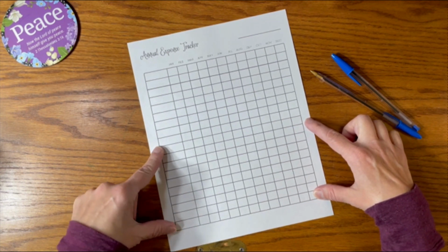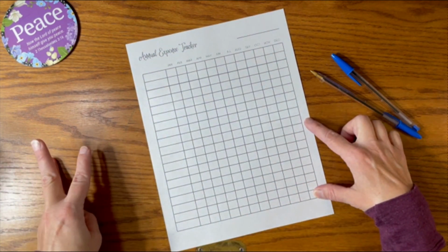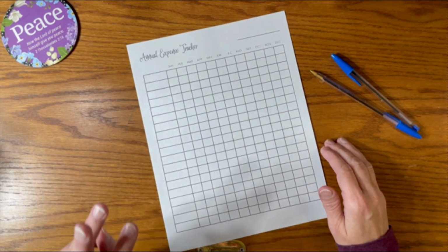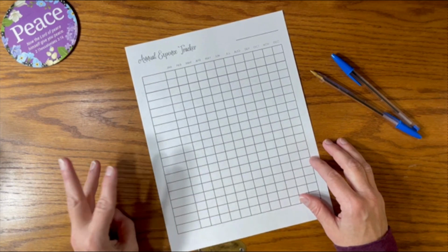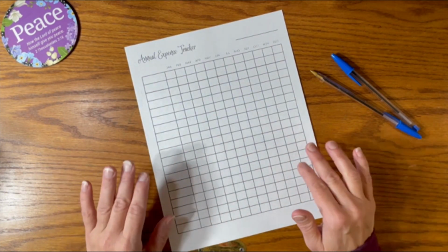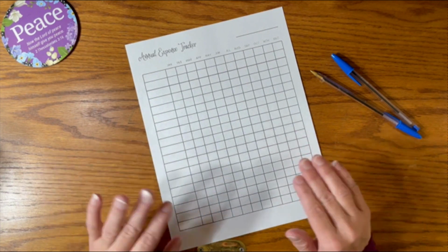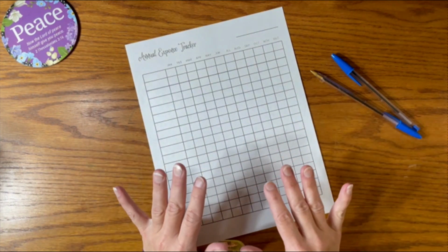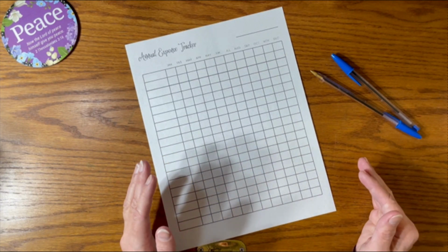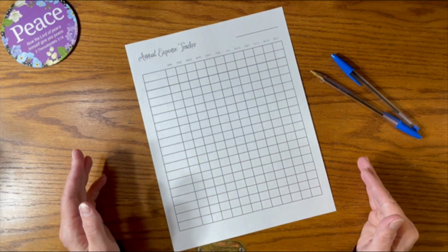Maybe say, okay, this year we're going to focus on these 3 subscriptions and we're going to cancel these 3. And what we're going to watch is going to be dependent on the 3 that we have. I don't know. That's just an idea. It's totally up to you. But try to see where in your budget, especially if you make your budget and you find out you need some extra space in your budget,